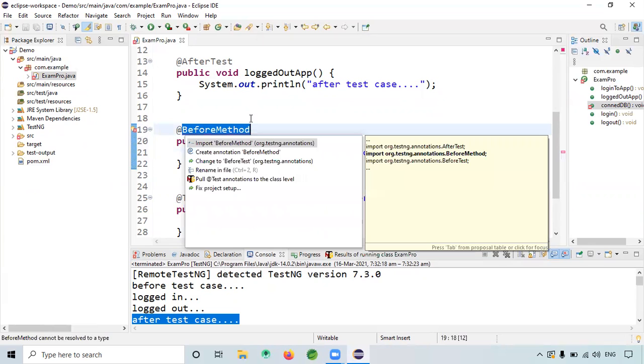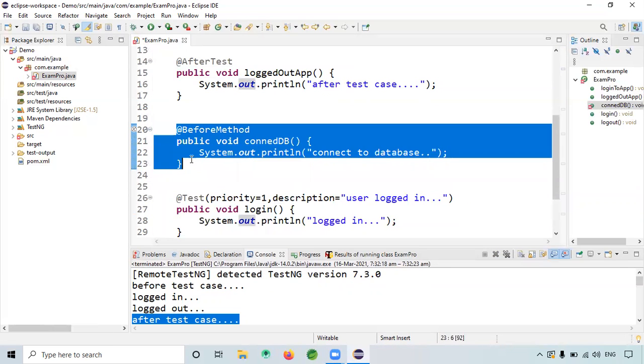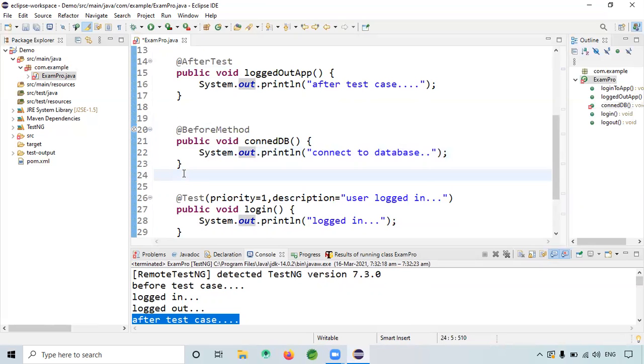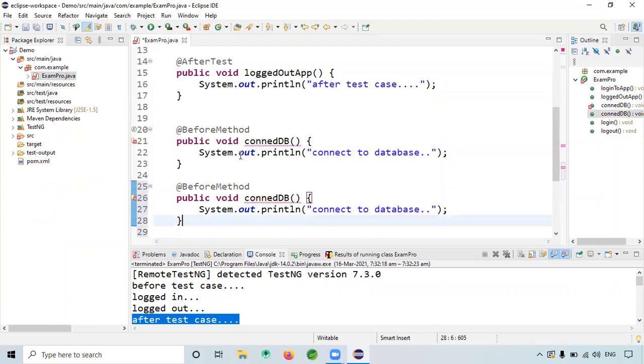So I import it. We have after method. So this is connect db, disconnect db.